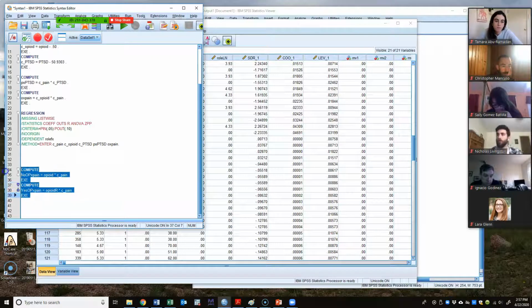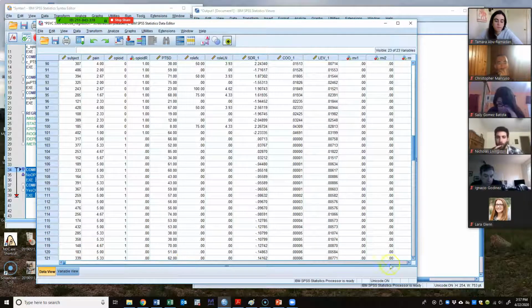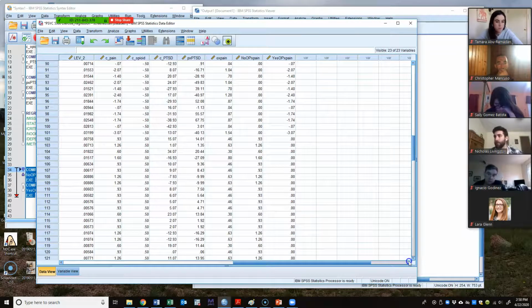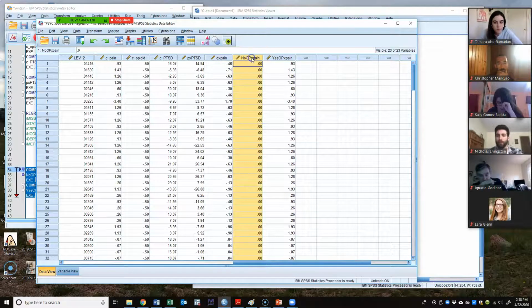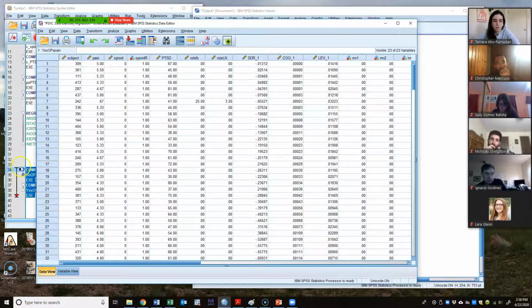So if I go through and run this and take a look at my data, now I've got interactions of opiate use and pain here, but this interaction corresponds to the situation where no use is coded 0 and use is coded as 1. This interaction corresponds to the variable where 0 is coded as use, 1 is coded as no use. Okay, so if I go down through to my model,